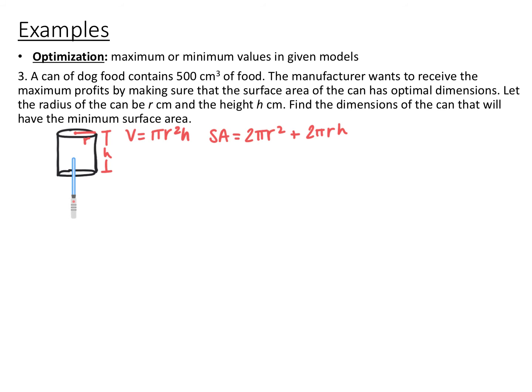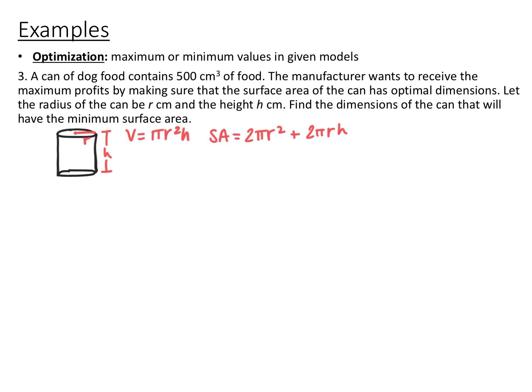So here's a little picture. We have our cylindrical can. The volume of a cylinder is pi r squared h, and the surface area, if it has a top and bottom, is 2 pi r squared plus 2 pi r h. So the first thing we need to do if we want to minimize surface area is write